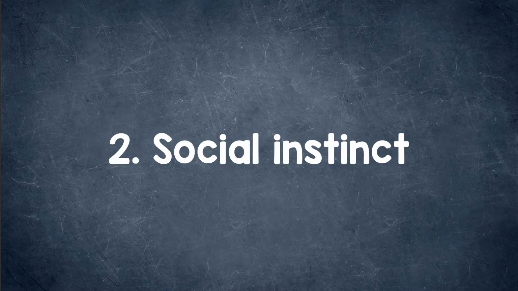2. Social instinct. The main task of the social instinct is to preserve society and help humans find their place in it. Generally, its influence is very easy to indicate. When a person is concerned about what other people say or think about him or her, it is the effect of social instinct. When a person imitates others, expects approval and respect, it's the effect of social instinct as well. Finally, when a person looks through reviews of other people before buying a product, this is also the effect of social instinct.